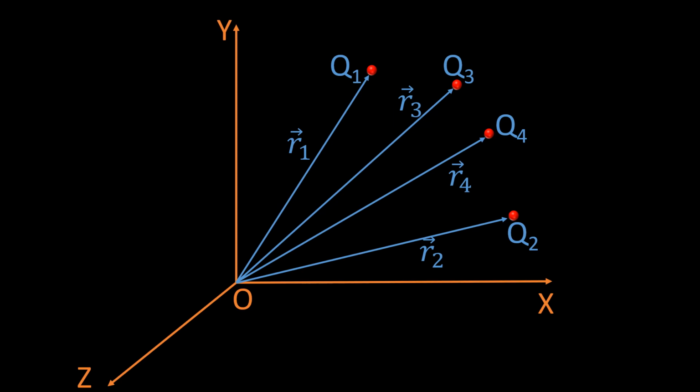And if we want them to be there, we have to have some energy spent. So that energy is the potential energy of the system. And how do we determine how much energy we need to spend, or how much energy this system is possessing? So let us see how to find out.